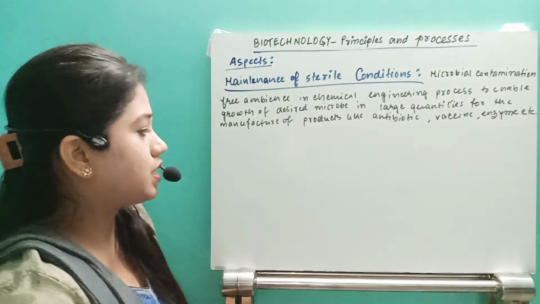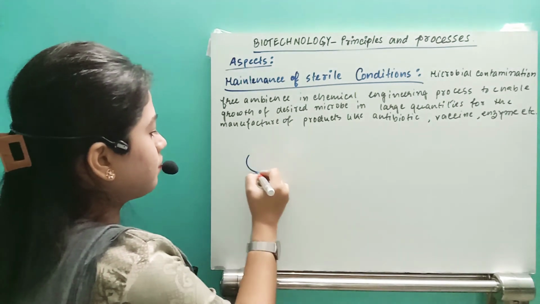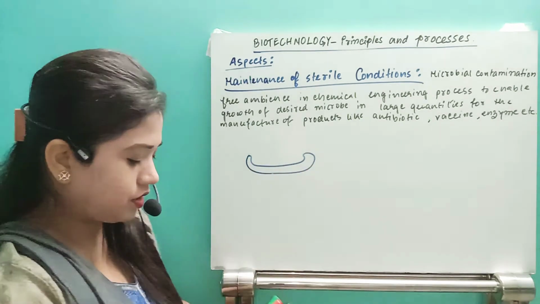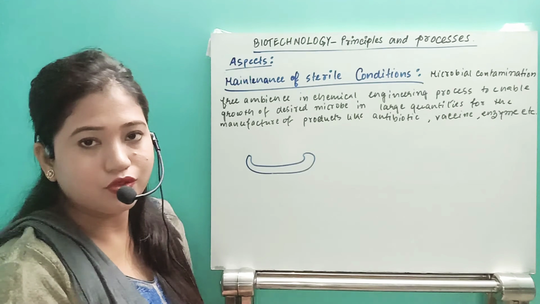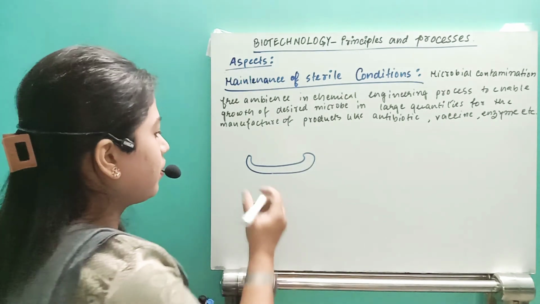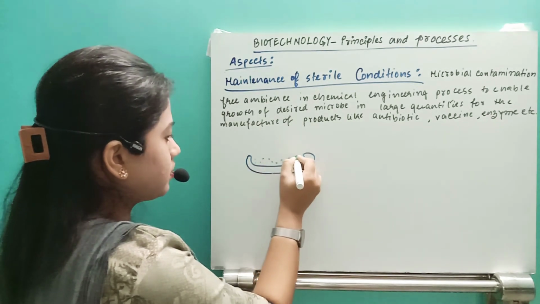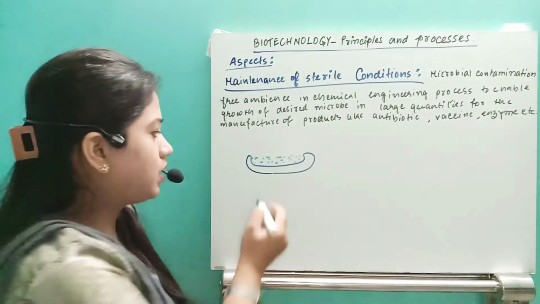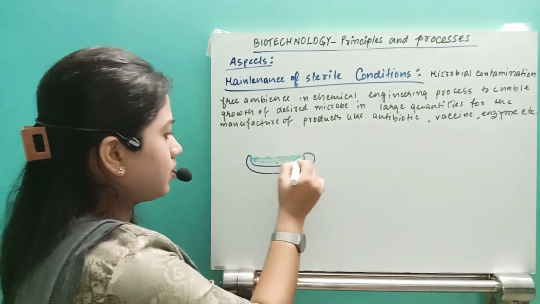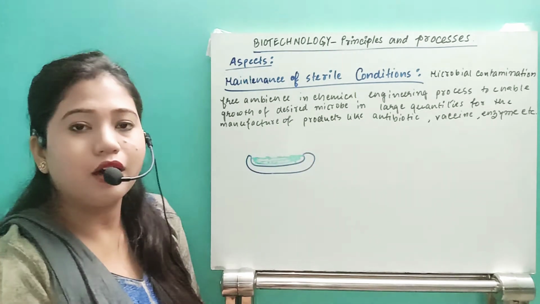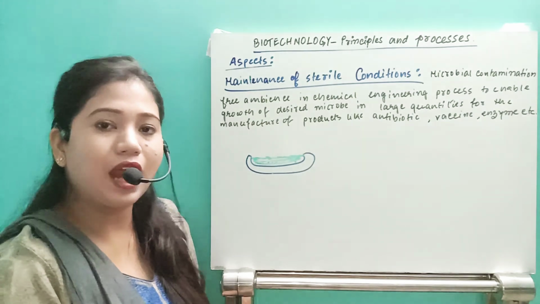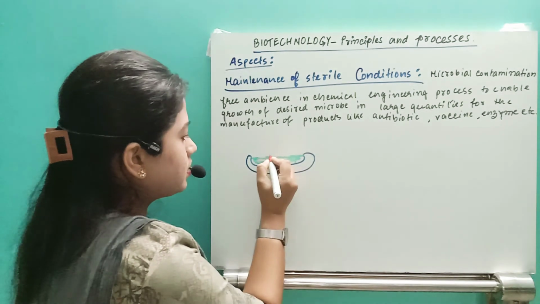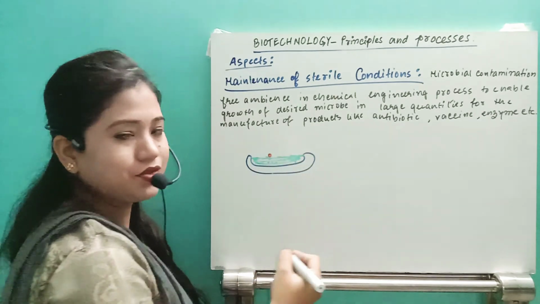So I will give you an example. Suppose this is one petri dish. In the petri dish, we will have a certain amount of nutrients. Suppose that nutrient is present, and the nutrients basically are agarose, right? So in that medium, this is the environment, this is the medium where the microbes have to grow in large quantity. I have given a small example. Suppose this is the specific microbe that has to grow.